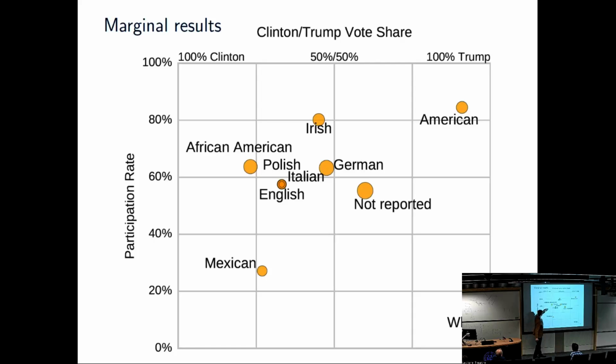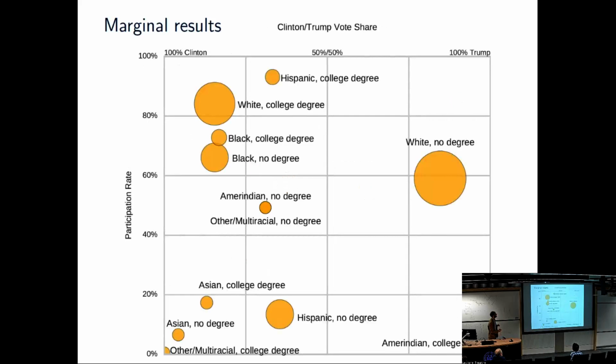And then you can see reasonable things over here. So among places where African Americans live, estimating the coefficient gave us more support for Clinton than for Trump, and sort of reasonably high participation. Here is interacting race with degree. I think I said that that one had high support. Here are some things that probably should have been left out. So Amerindian does mean indigenous people, and there just isn't that much data, right? So it's like, I don't know what's going on with that, but it probably shouldn't be on the plot at all because there's so little data. But here you can see totally reasonable things.